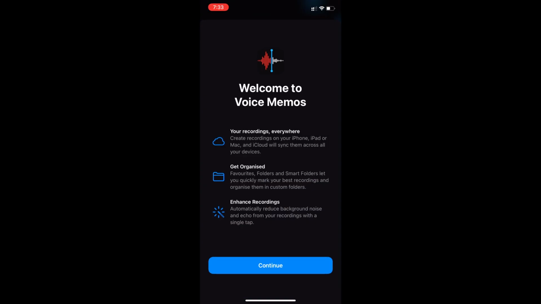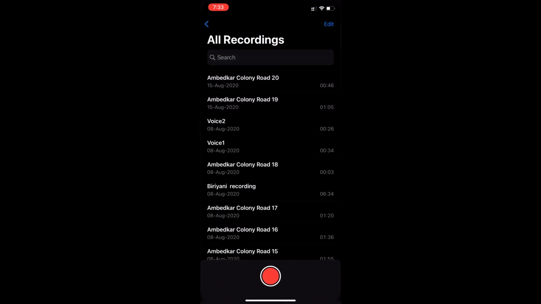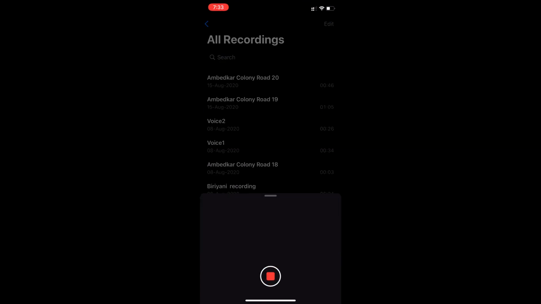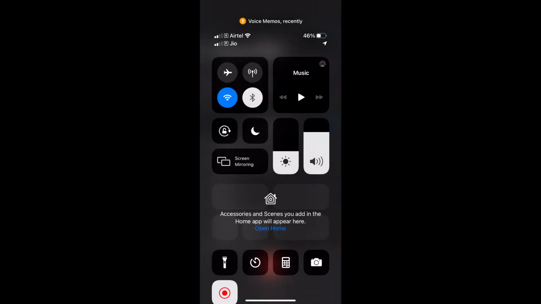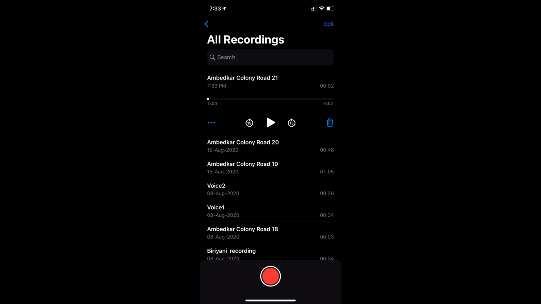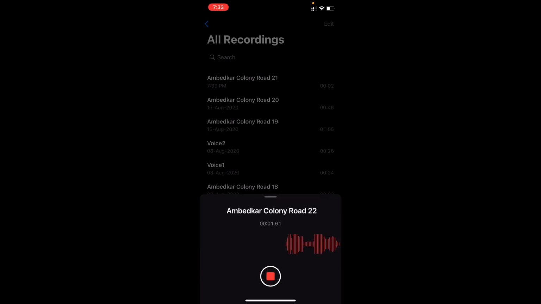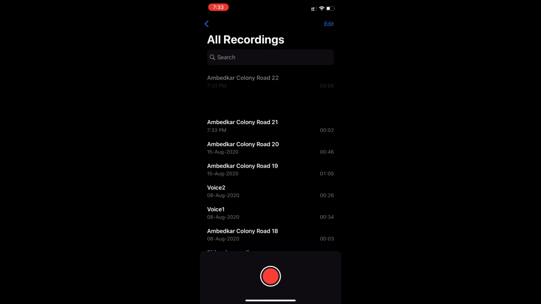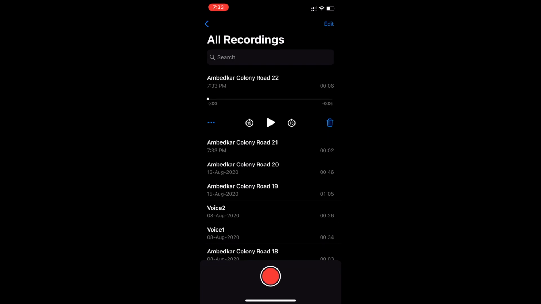Similarly, we have it for the microphone. When you are using your microphone, it will come up as an orange icon. For example, I am going to open a voice memo here. See, when I am speaking, it is showing as an orange icon at the top. You need not worry about which app is using your microphone or your camera, because you will always know from the top right corner, where the same details will be shown.